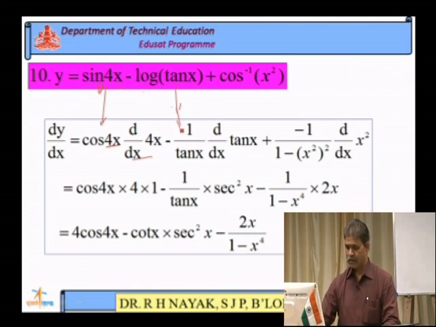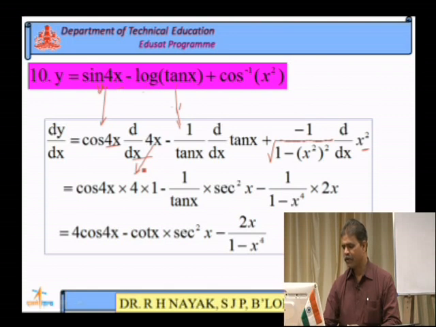Plus cos inverse of x square: cos inverse of function differentiation is minus 1 by root of 1 minus function square into d by dx of function, where the function is x square. So, cos 4x is taken as it is, differentiation of 4x is 4 into 1,